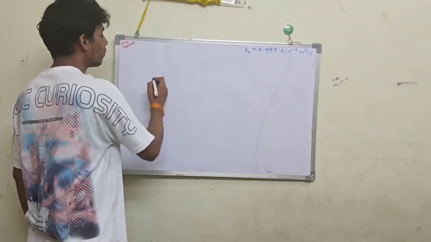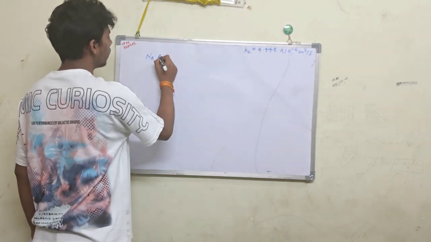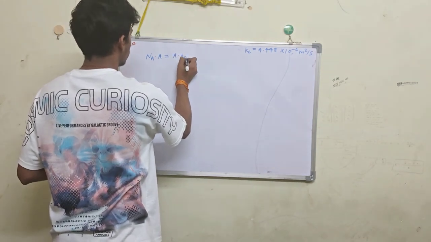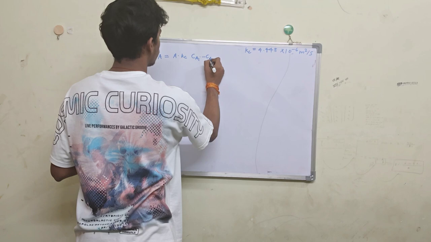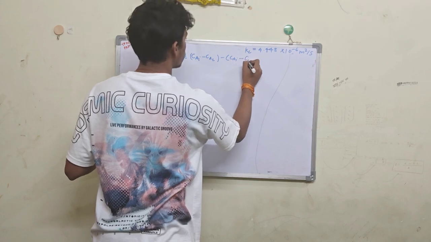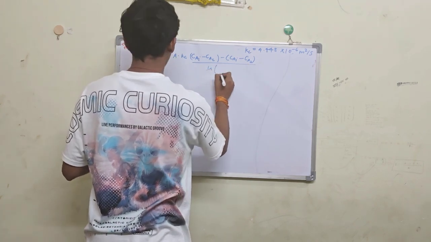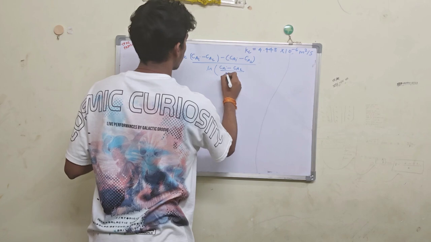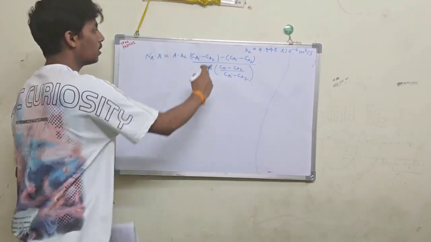So from Fick's law, we know that mass flux multiplied by area gives the mass rate, which is A Kc into CAi minus CA1. This CA1 is the